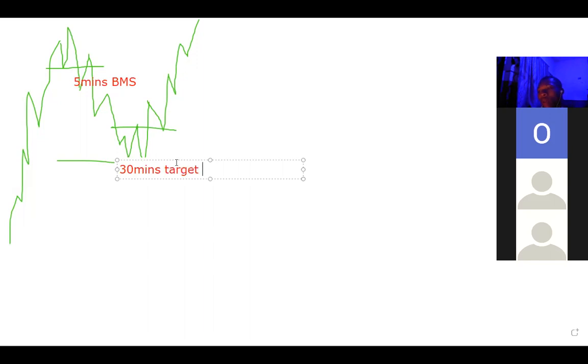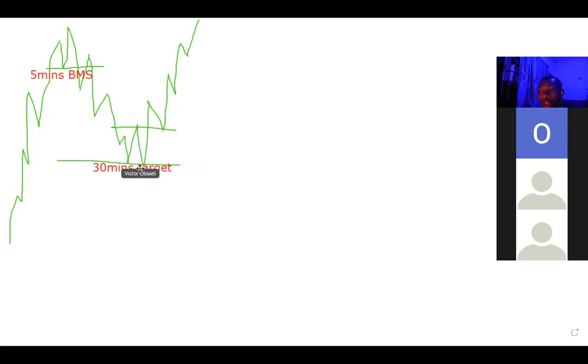Why is it a 30 minutes target? Because that is the main time frame of the 5 minutes. In a sense, when you enter from the 5 minutes time frame, you don't want to hold your trade for so long. You want to be targeting it within 30 minutes and 4 hours. But that does not mean you cannot take a long-term entry from this lower time frame. You can, but to be on the safer side of profits, you want to have this little understanding inside of you that 5 minutes have to wait for 30 minutes and 4 hours. So if you are taking a 5 minutes entry, you want to close when price breaks the 5 minutes market structure, when it gets to the 30 minutes target.